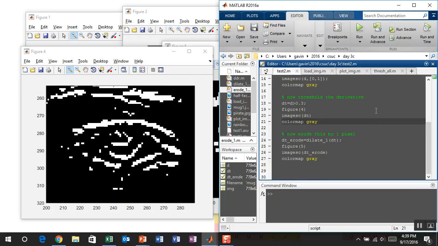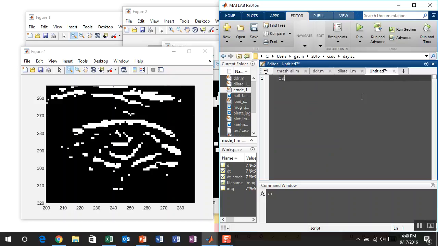So now this is where it gets fun. Now we can add in some cool stuff. So we can add a function called dilate n. Return image equals dilate n, and this will, for n times, dilate it out. And it's really easy to do this, so we just need to give it an image, and say n times. And so here, all we do is, again, RC equals size of the image,